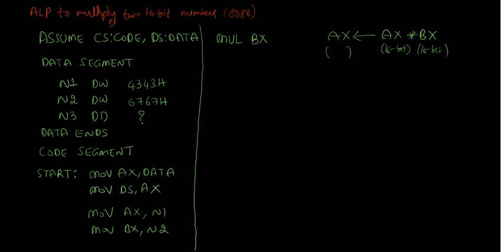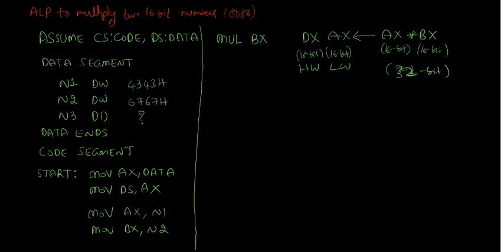So the lower word of this 32-bit result will be stored to ax, and the higher word will be stored to dx. Okay, when you multiply these two, you will be getting a 32-bit number. This 32-bit number is divided into two parts: lower word and higher word. Lower word will be stored to ax and higher word will be stored to dx when this particular instruction is